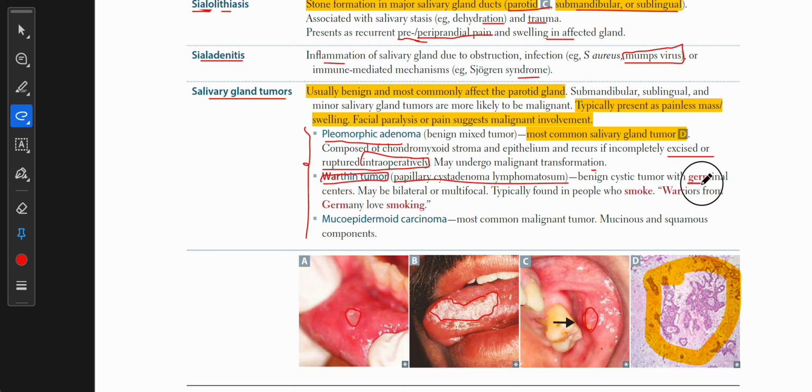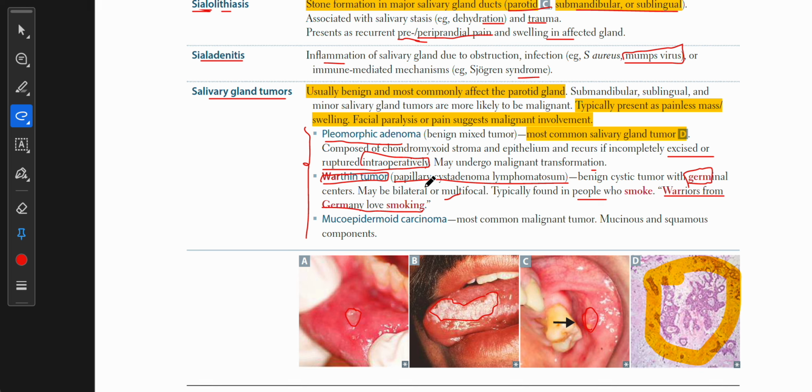You can remember in here, germinal centers are there. It may be a case of bilateral or multifocal, and also it is typically found in people who smoke. So warriors from Germany love smoking. You can remember like that. Warthin tumor has germinal centers, as in Germany, and love smoking means smoking is typically associated with this